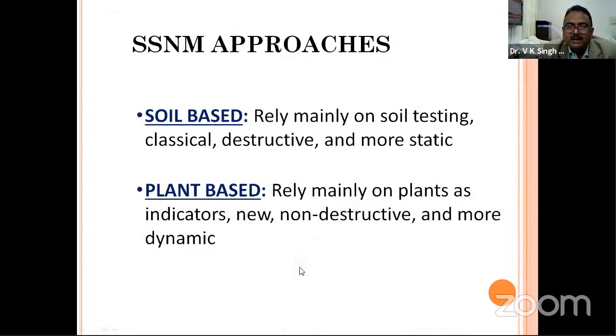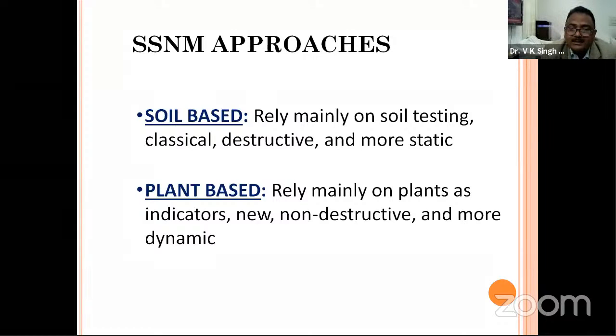And you might have seen there is one thing very much popularized all across the country, that is the soil health card scheme. I visited many villages and found the farmers have the soil health card, but they are not using it. The reason is they are not aware of the significance of the soil health card. And that is also a part of, I can say, balanced nutrition.